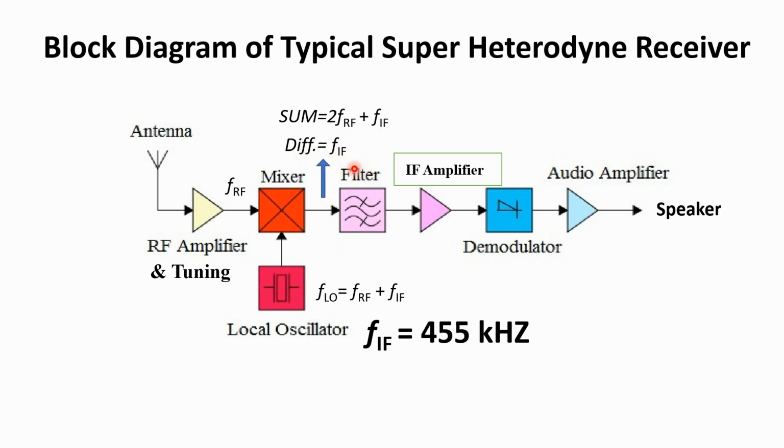So we need to change this design. The point here is, if this radio frequency is different, meaning for a different channel there is a different radio frequency, then the difference frequency would be different instead of FIF. So it is necessary to change the design of this IF filter, right? But it is practically not convenient.